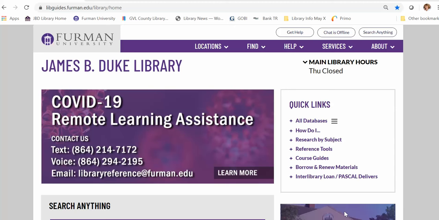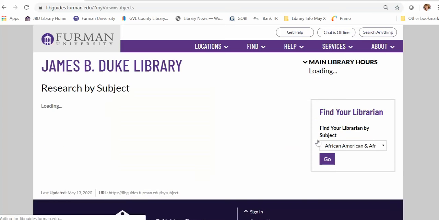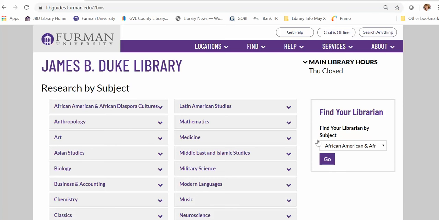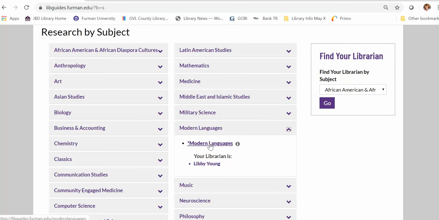I know that in the early language classes there isn't too much research or outside reading, but let me show you just a couple of things on our modern language Spanish library guide that might come in handy in an online class. So when we go to modern language and we choose Spanish,